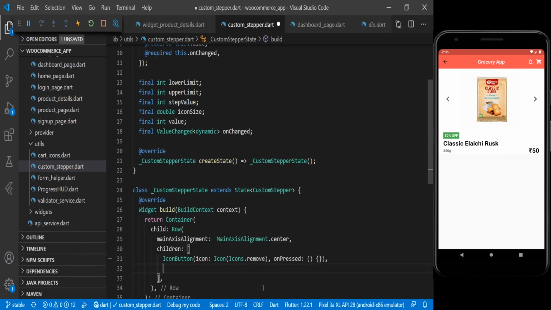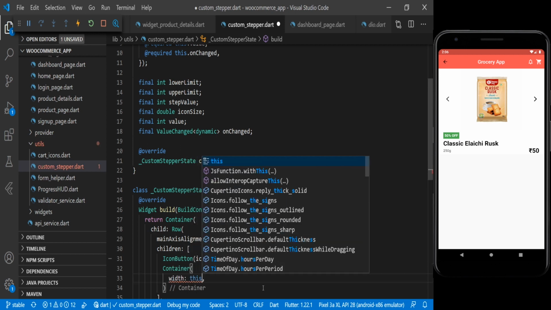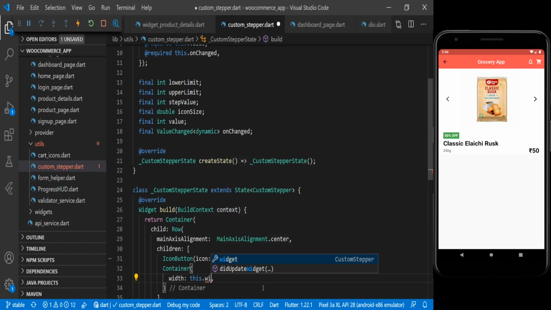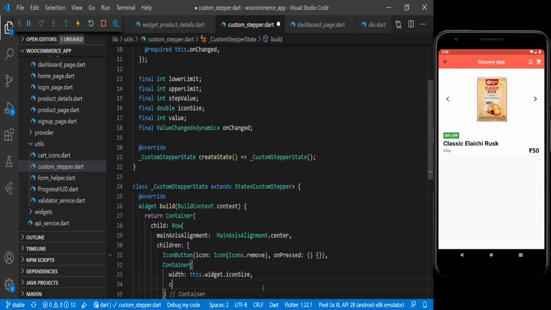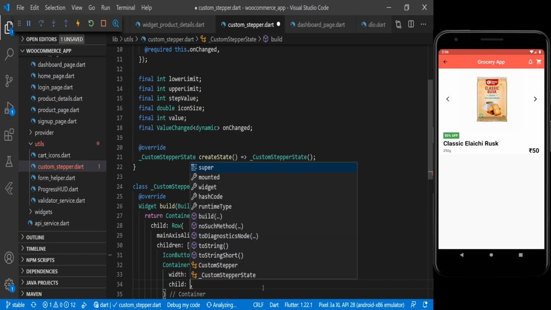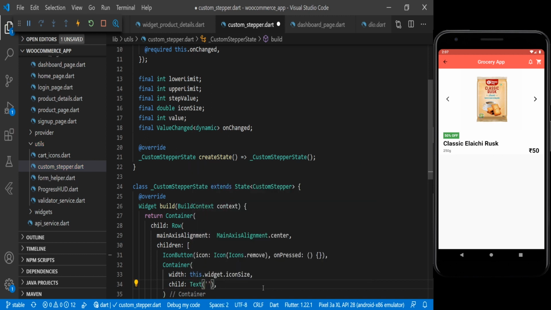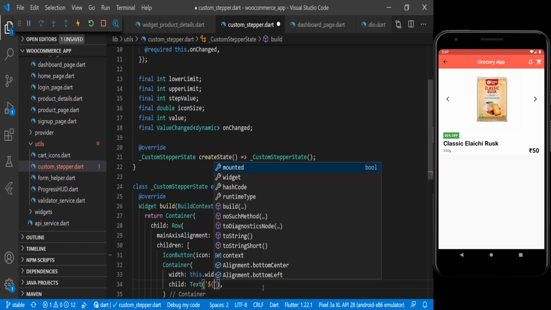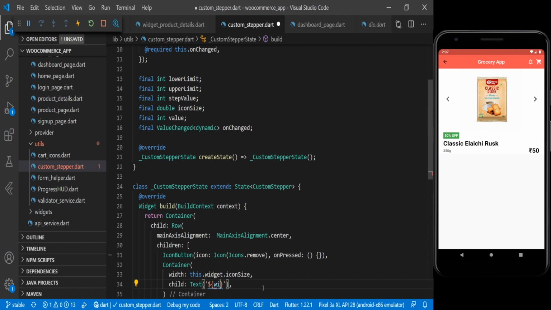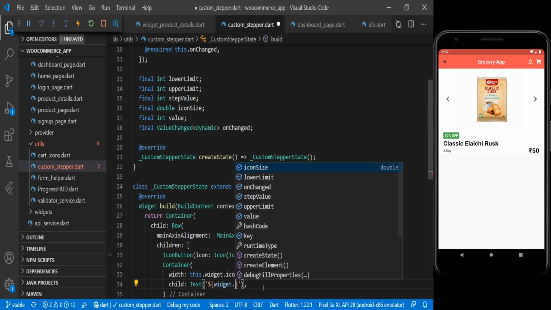Then we will have the container for showing the value, and here we will have the width, and the width we will pass from the variable this dot widget dot iconSize, and in the child we will have a text widget, and here we will show dollar brackets widget dot value.